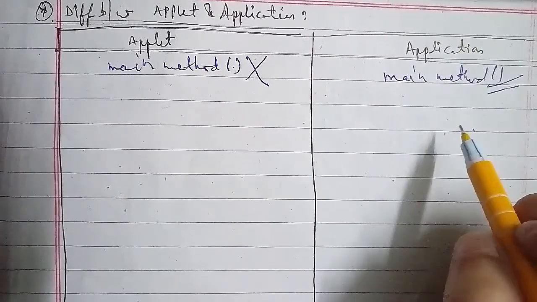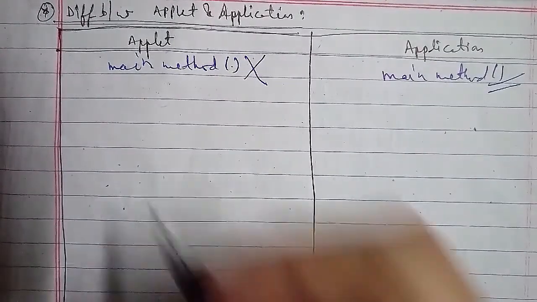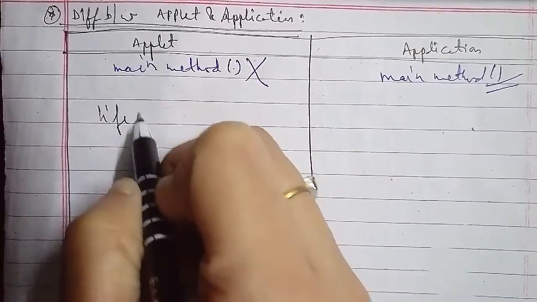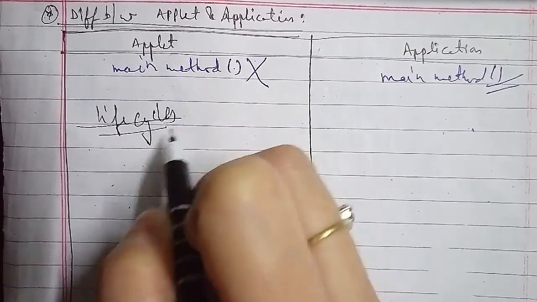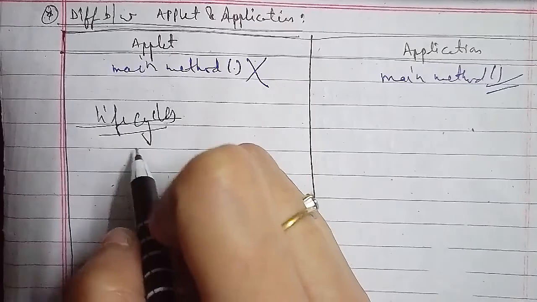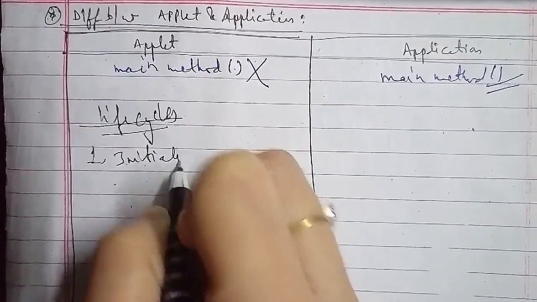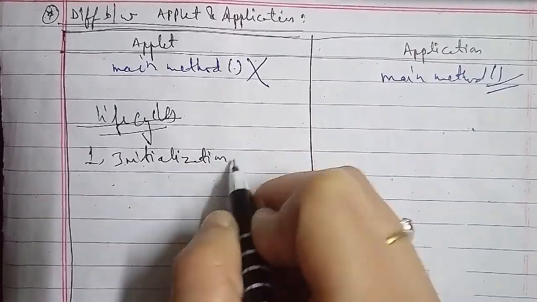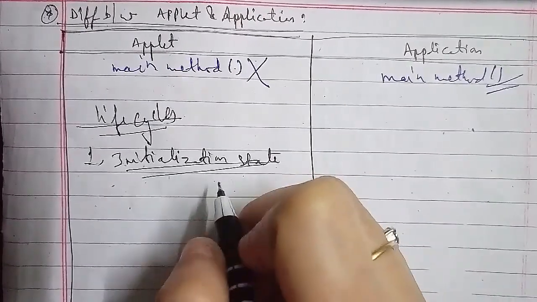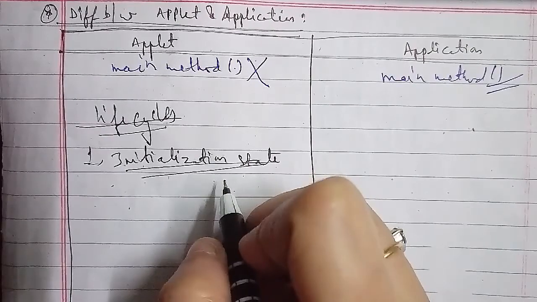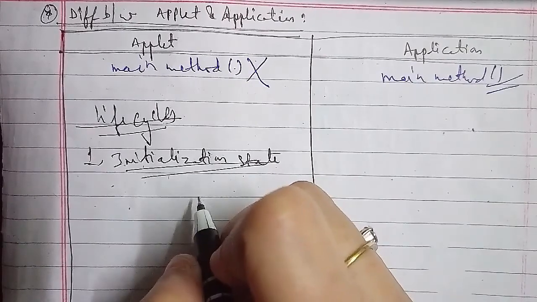So here, life cycles की अगर हम बात करते हैं, there are various methods that are typically used in an applet. The first life cycle state we have is the initialization state. In the initialization state, when an applet gets loaded, it enters the initialization state. For this purpose, the init method is used, and in this method you can initialize the required variables, and this method is called only once, initially, at the execution of a program.